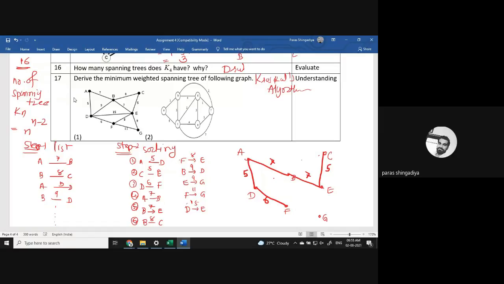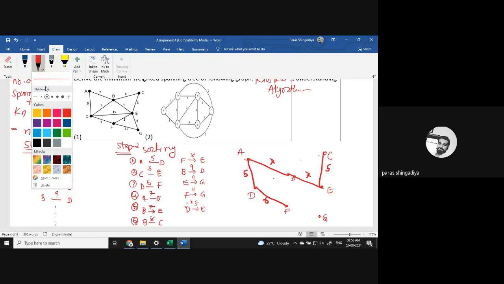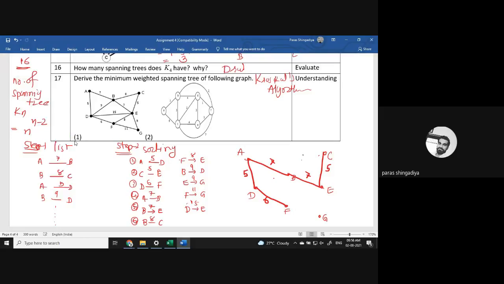ठीक है, अभी तक graph में कोई भी cycle define नहीं हुई. Okay? And still one vertex is disconnected. There is a G. B and C. So if we include B and C here, then it creates a closed walk between which three vertices? Between B, C and E. It creates a closed walk. Clear? So therefore we cannot consider this weight. B and C की एज हम consider नहीं कर सकते.